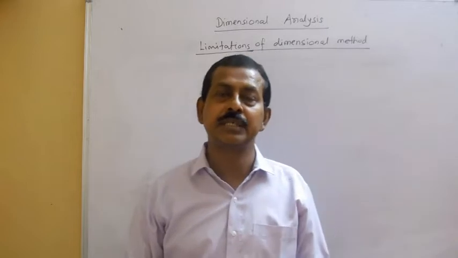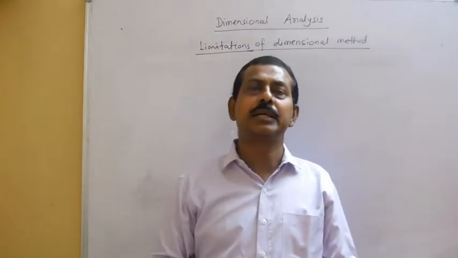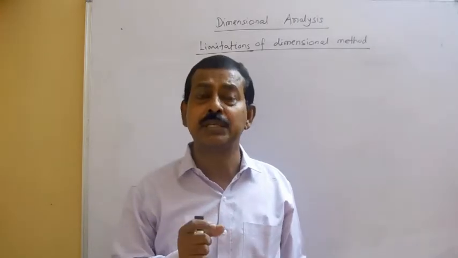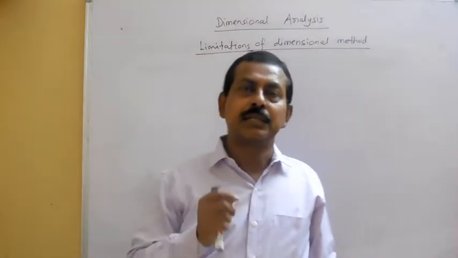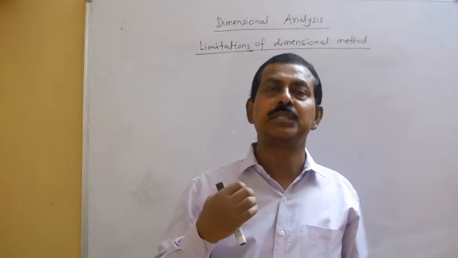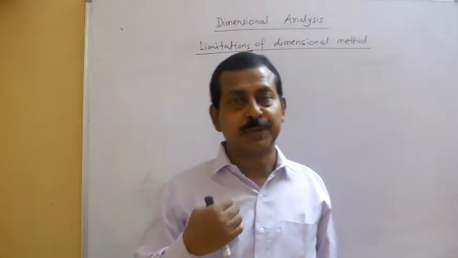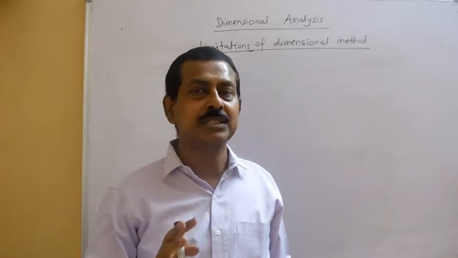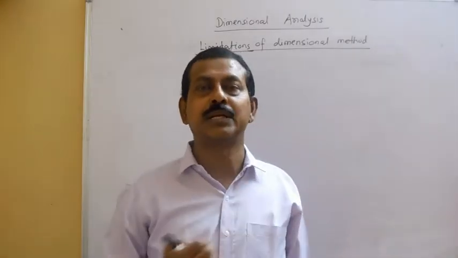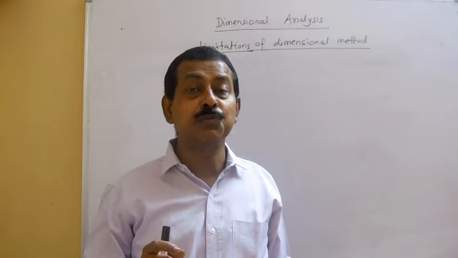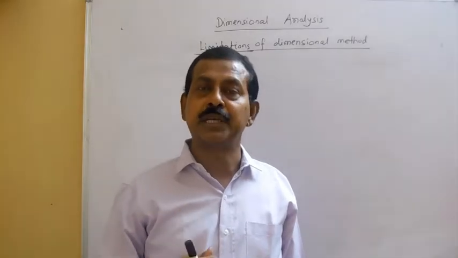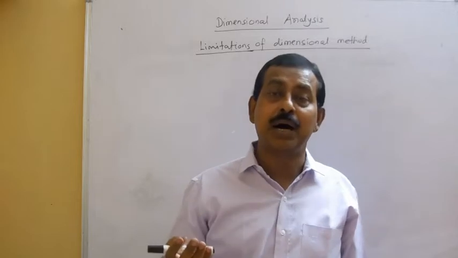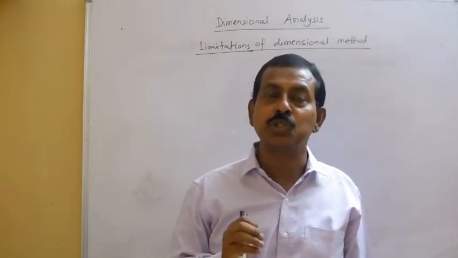Third limitation is that the dimensional method is helpful in getting the relation when 3 physical quantities are involved. Like we have taken that the time period of a simple pendulum depends upon the mass of the bob, the effective length, and the acceleration due to gravity. So if it depends upon, say, 3 factors, then we can use the dimensional method to get the relation. If 4 are involved, in that case it becomes complicated. And if more than 4 or 5 are there, then this method almost fails.